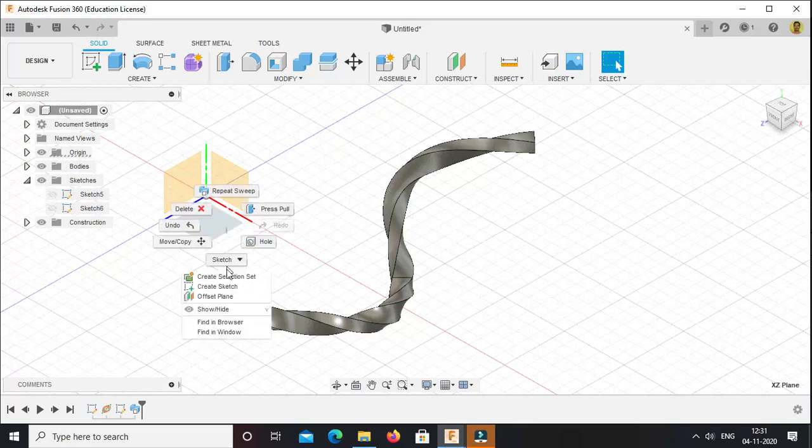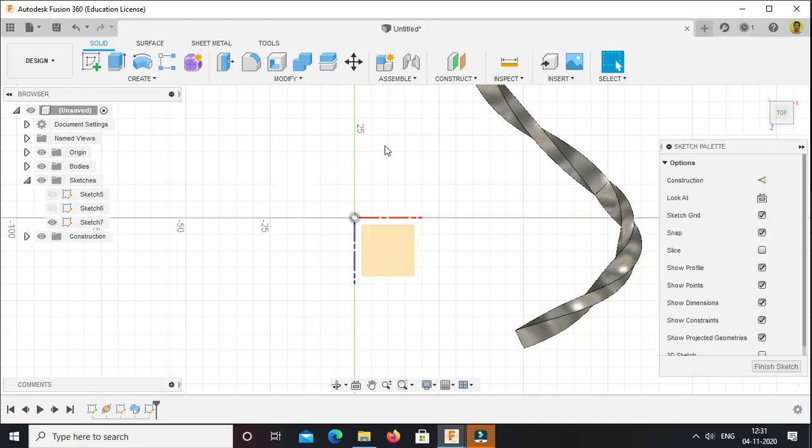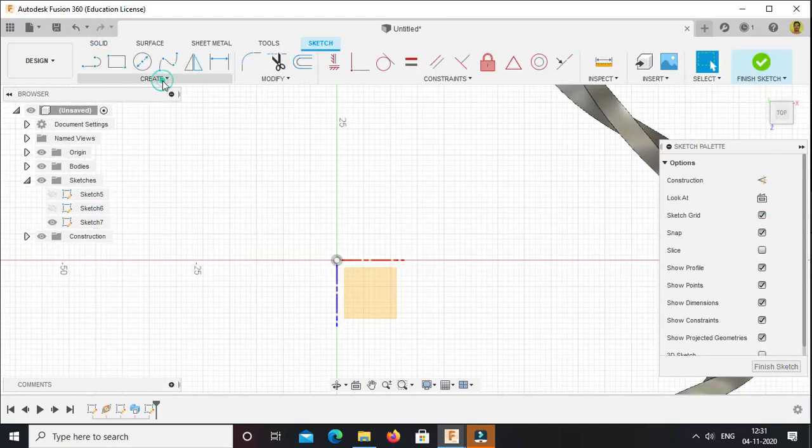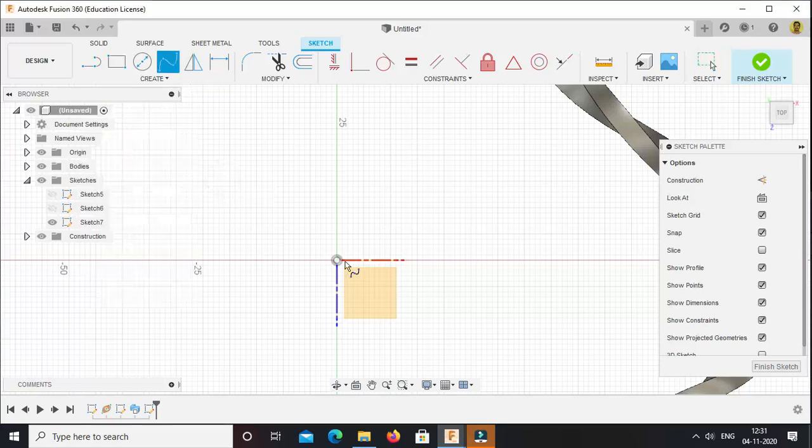Let us suppose I select this plane and then the create sketch option. Now I am going to draw two splines. One is this one. Press OK.